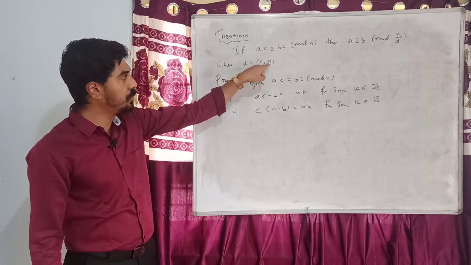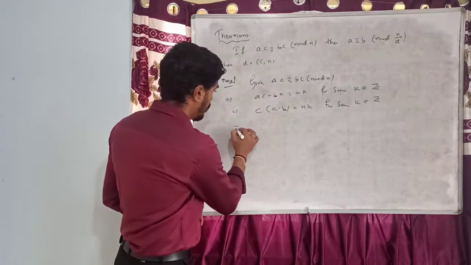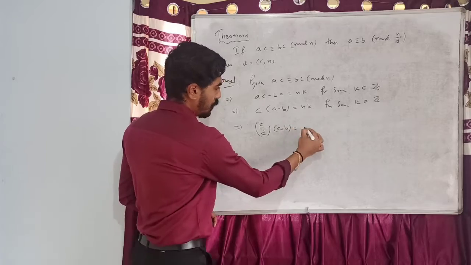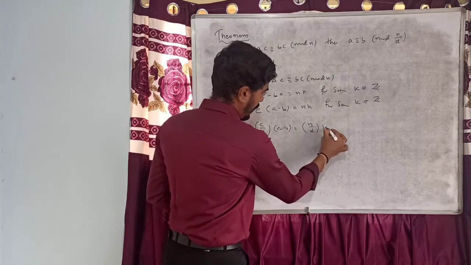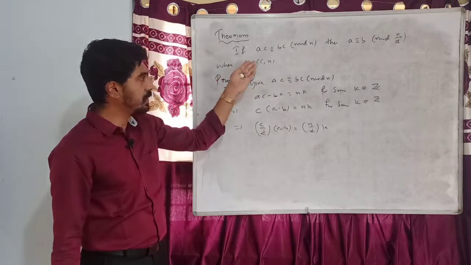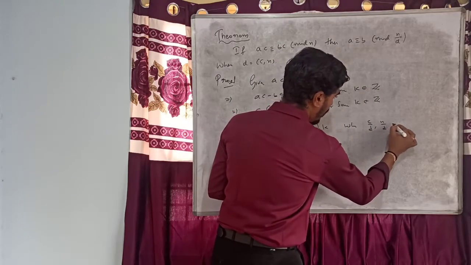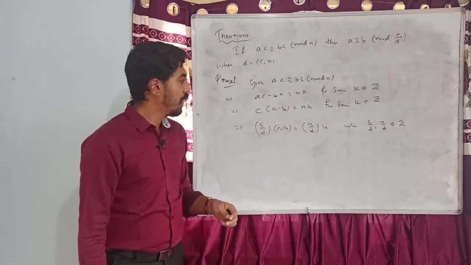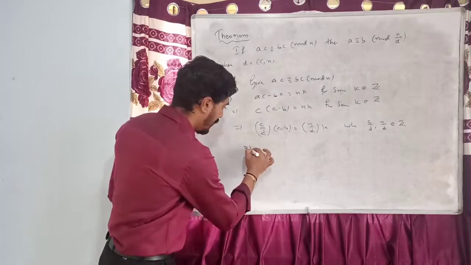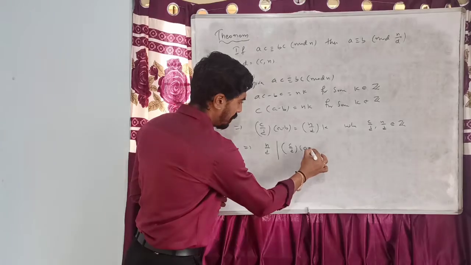Now since D is the GCD of C comma n, I am going to divide both sides by D. So we get C by D into A minus B is equal to n by d into k. Observe that C by D and n by d are integers, as D is the GCD of C comma n. Now since C by D into A minus B is an integral multiple of n by d, we have n by d divides C by D into A minus B.